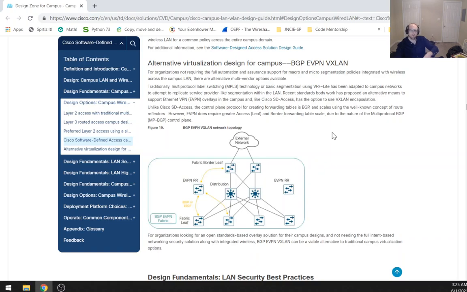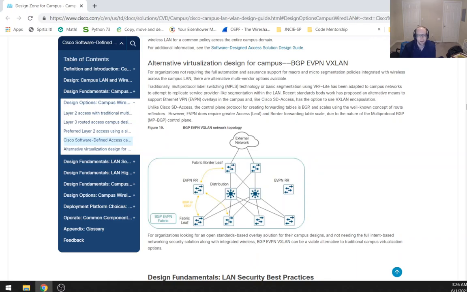Traditionally, the multi-protocol label switching (MPLS) technology or basic segmentation for VRF Lite has been adapted to wireless networks to attempt to replicate service provider like segmentation within the LAN. Recent standards body work has proposed an alternative means to support Ethernet VPN, EVPN overlays in